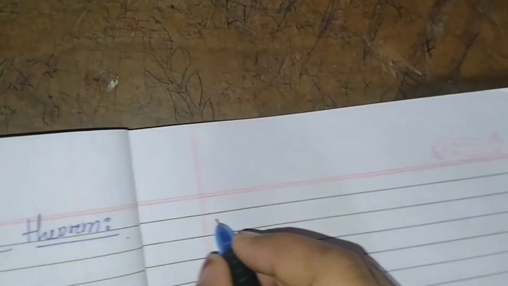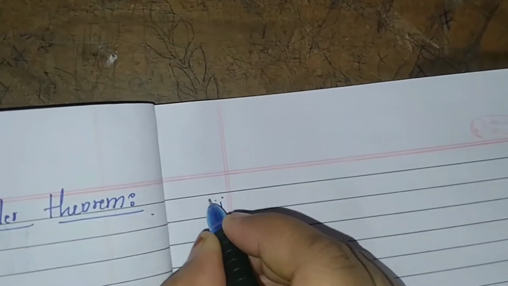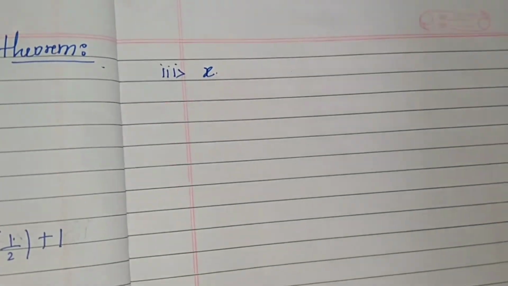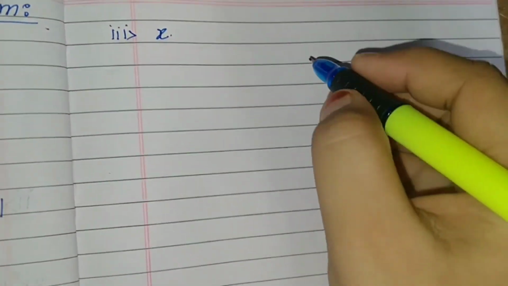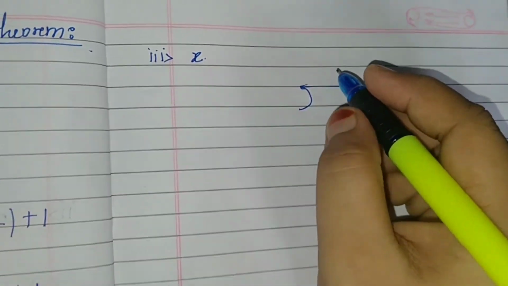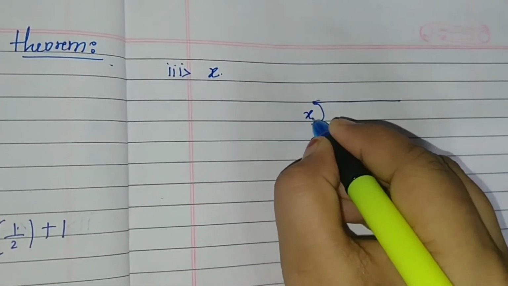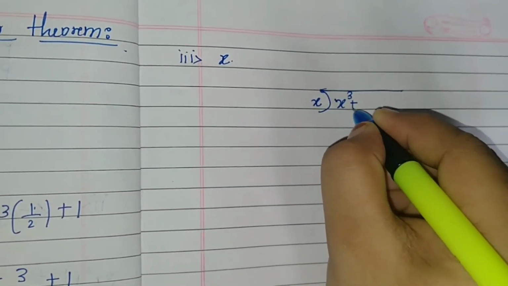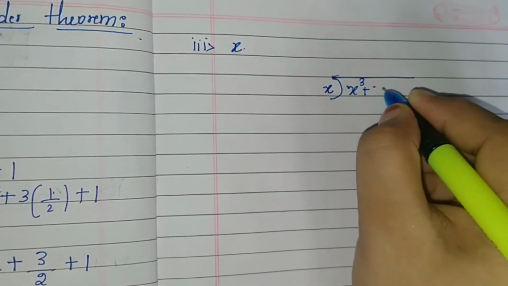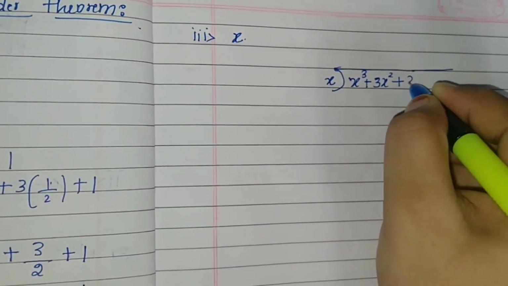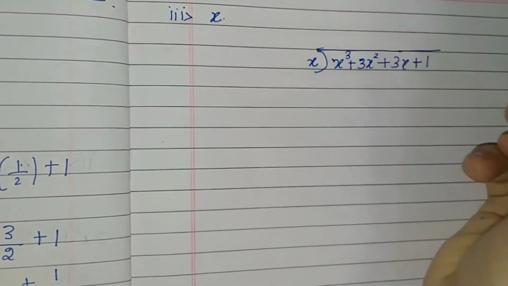Your third problem is nothing but the divisor they have given over here as x. Okay. So this x is there, no, this is your divisor. Sorry, dividend. Divisor. So this you have to consider as the divisor. The dividend is already given. It is the same for all the questions, x cube plus 3x square plus 3x plus 1, isn't it?